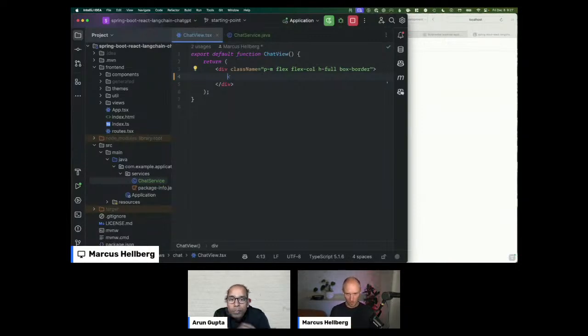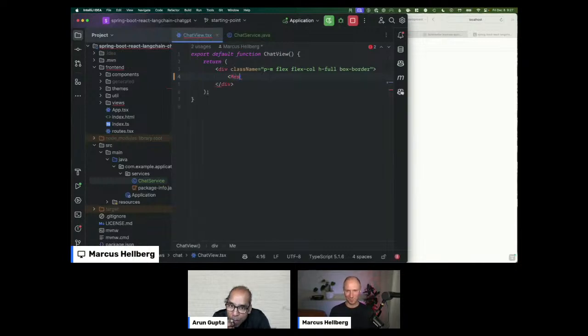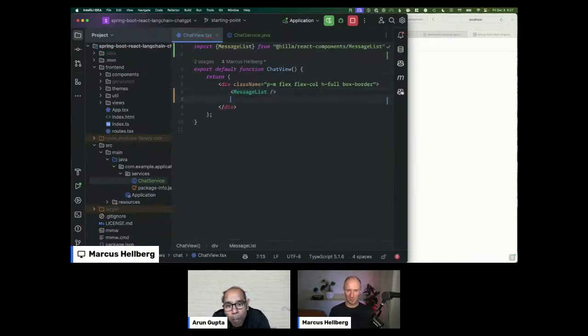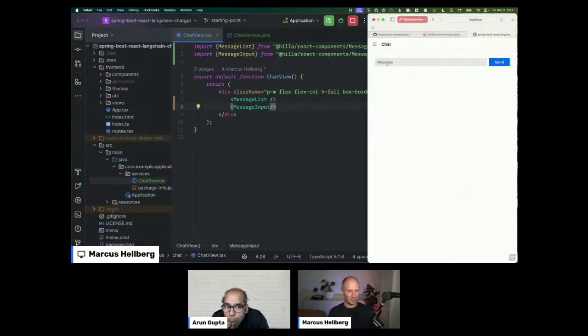So what I'm going to do is pull a couple of the components that we have in the library here. You can see Copilot is trying to give me a whole lot of Tailwind code to do it, but we have a very much simpler way of doing that. We're going to use a message list component, and then a message input component. Since these are very common patterns found in business applications around the world, it doesn't make sense for every person to have those 200 lines of Tailwind in their app.